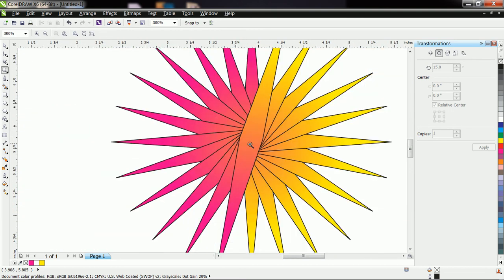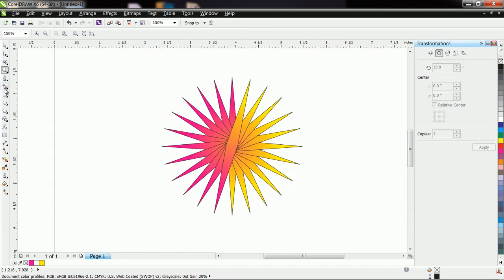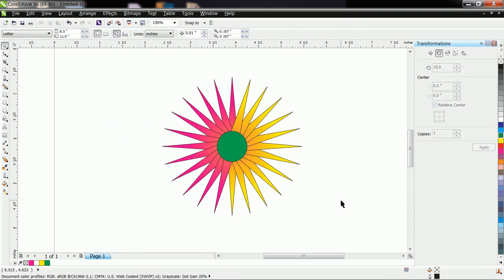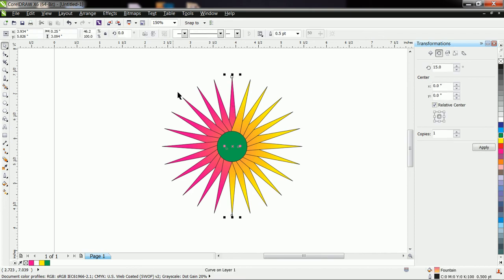You can also make this, or you can also add some other shape and hide the inner part. But suppose you have the idea: here we applied shapes one by one. If you have an idea how many shapes you require, then you can directly give the number of shapes here. For example, here our original shape is this one: 1 2 3 4 5 6 7 8 9 10 11.